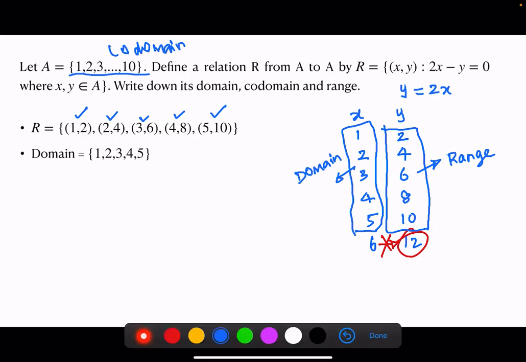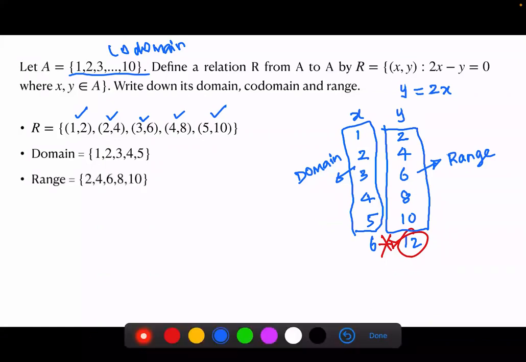So domain is those input elements. Range is your output elements. You can say this in a way, because in maths we always try to show some dependency of y on x. This is something that we do a lot. It is certainly helpful for us to think of x values as the domain. You understand? So your x values are your domain. You can say y values are your